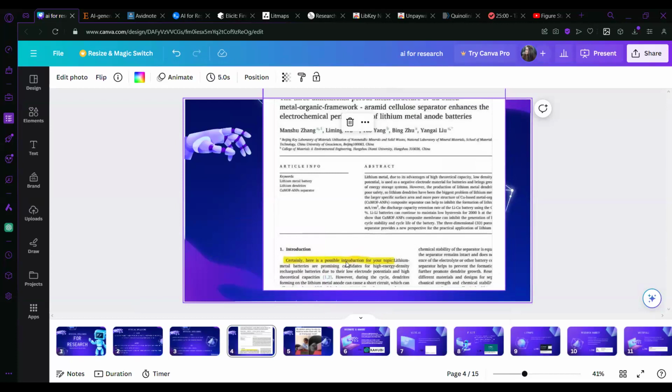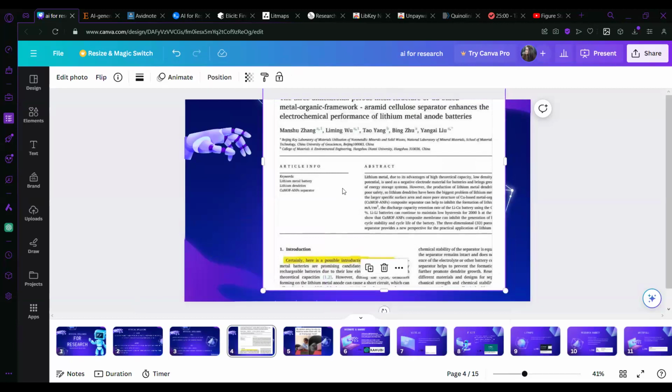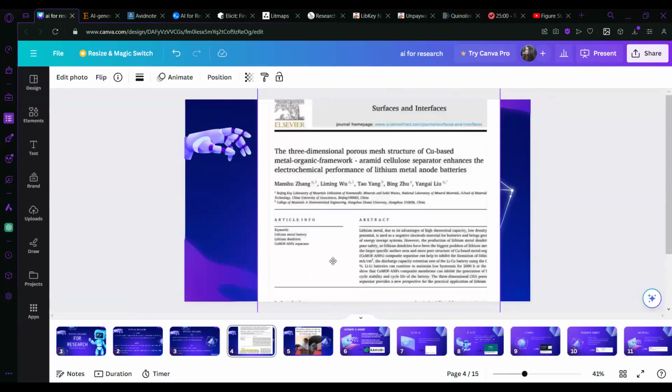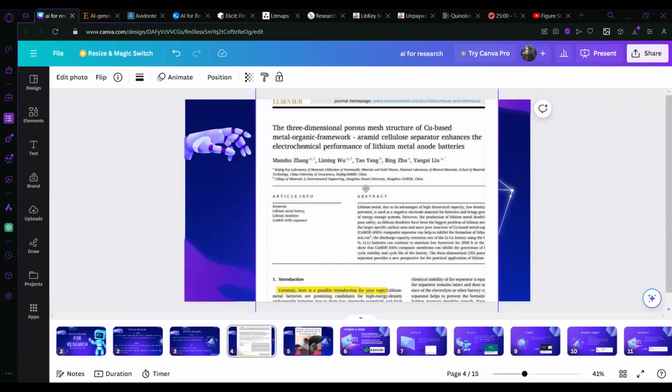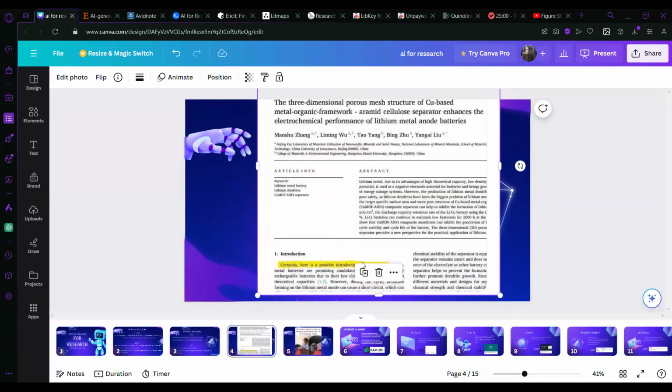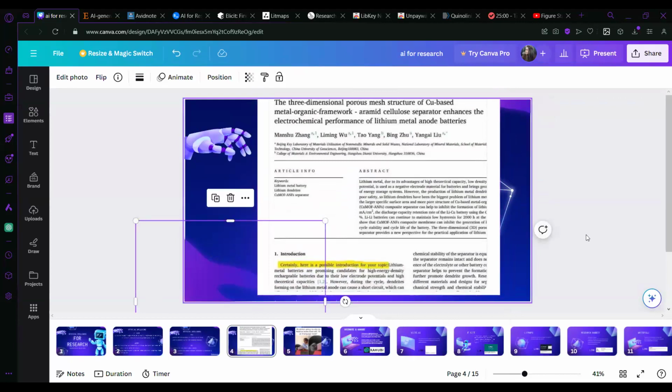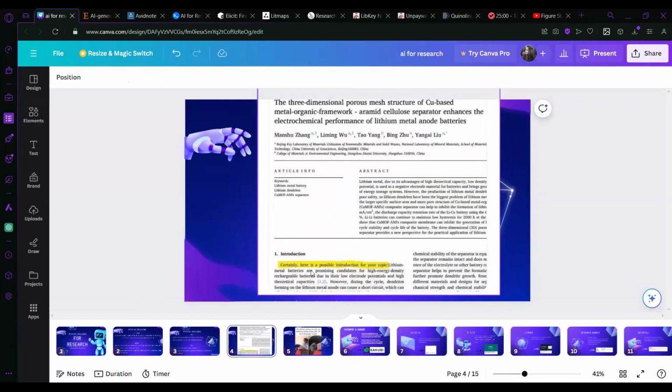So this entire introduction was written by ChatGPT, and they didn't even bother to take out all of the incriminating evidence, and this was published in Elsevier. So I think that this is a very big problem for the editors and also the authors.